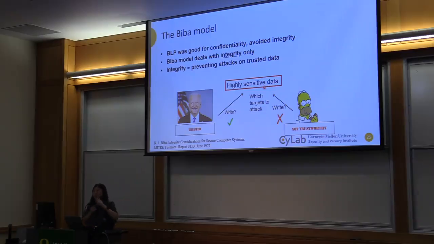If my API requires trusted data, it's okay for me to take data from a super trusted source, more trusted than me, or at the same level, but I shouldn't take any data from an untrusted source that's lower than me. Right? Okay, so this kind of fixes that problem, right?